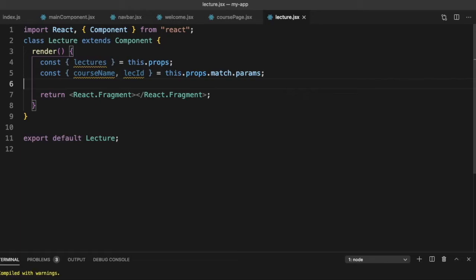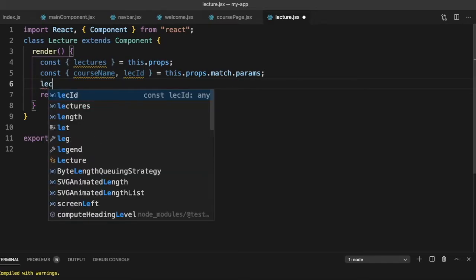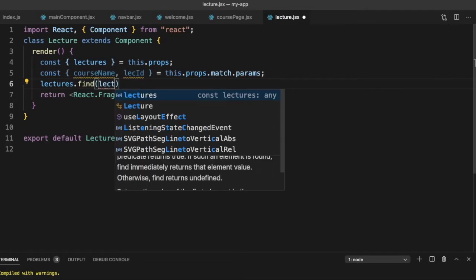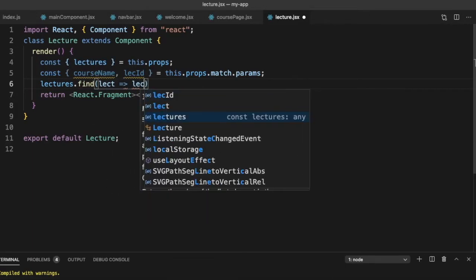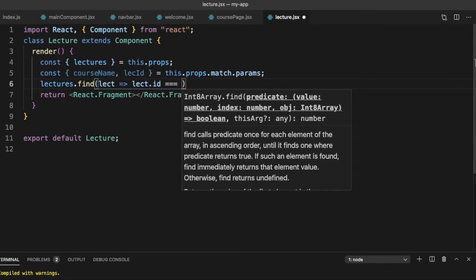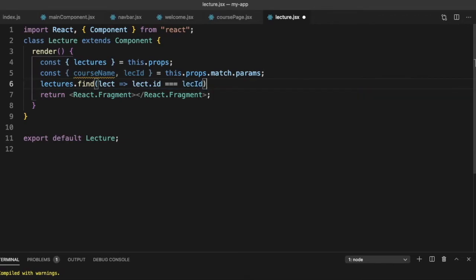Once we have gotten the lecture id and the course name, let's just find the lecture from the lectures. So we can just say lectures dot find lect such that lect dot id is equal to lec id. Now that should be our lecture, and we can just say let lecture equal to this.